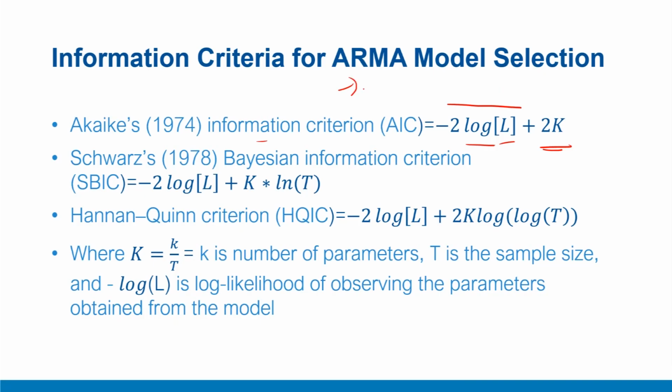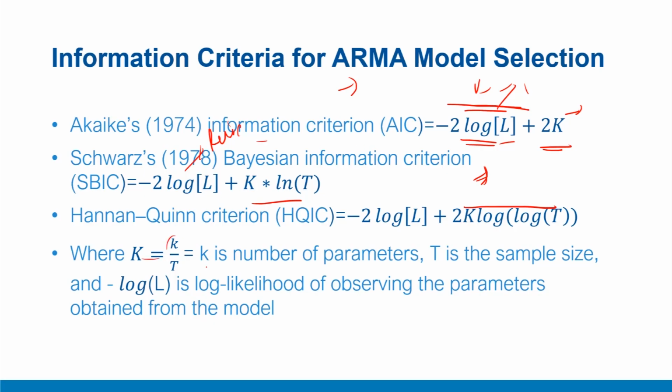As you keep on increasing the parameters, there are two competing effects at play. The residual errors will come down. So as you keep on adding more and more parameters, this first term will go down as residual errors go down. However, the second term, which is K, increases with the number of parameters. So there are two competing effects. This term represents the decline in residuals with the addition of new variables, while the second term captures the increase in the number of parameters. So you try to choose the AIC value which is lower.